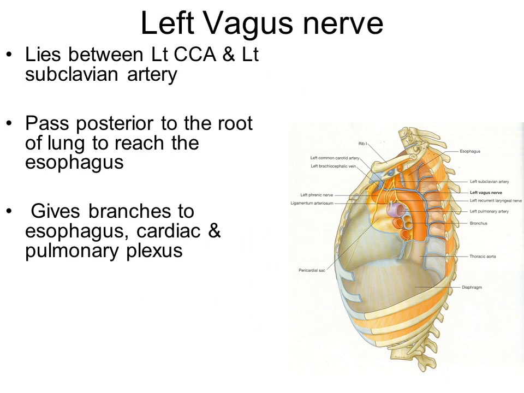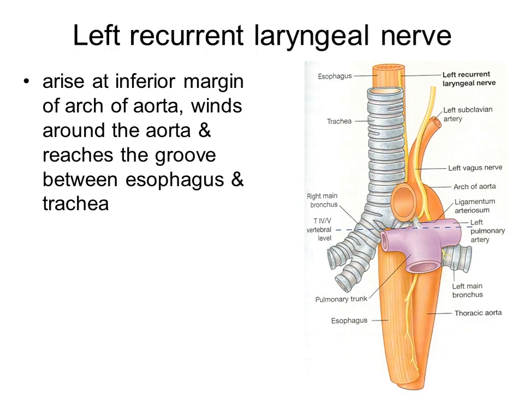Then we have left vagus, which lies between left common carotid artery and left subclavian artery. It passes posterior to the root of lung to reach the esophagus, and it gives branches to esophagus, cardiac and the pulmonary plexus. Then a very important branch of left vagus is left recurrent laryngeal nerve, which arises from left vagus,